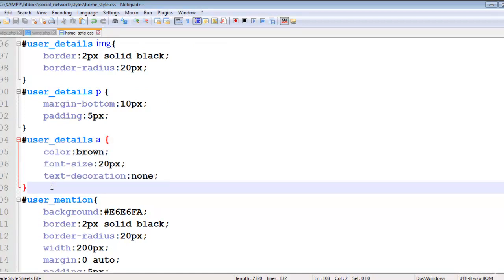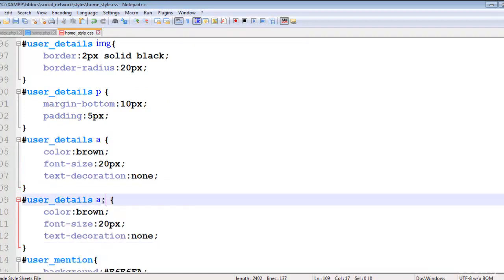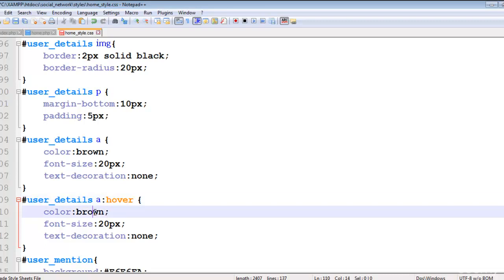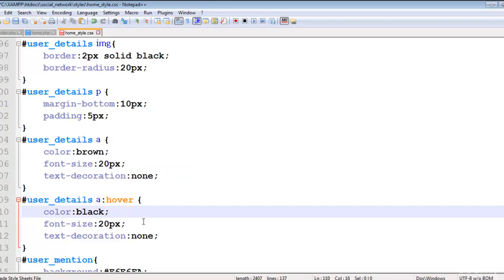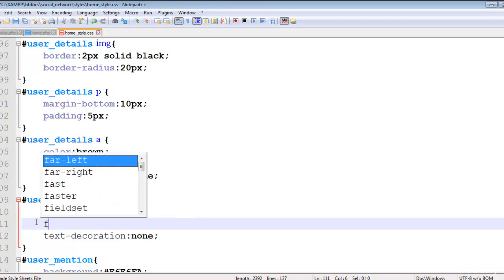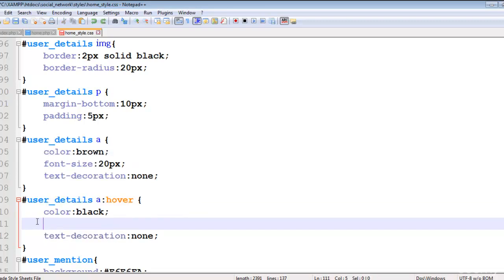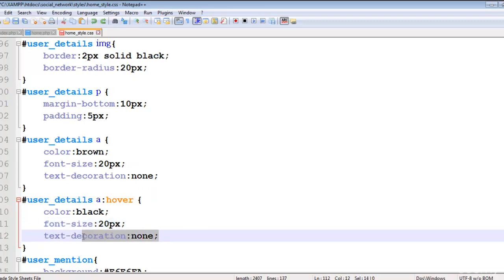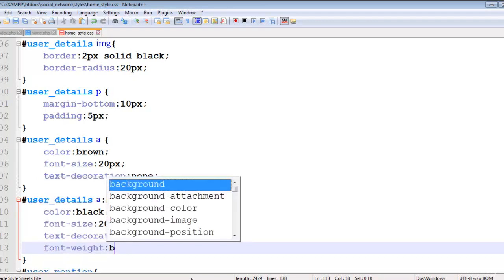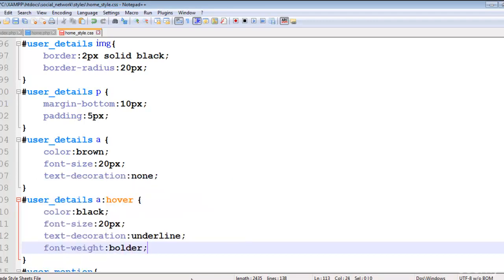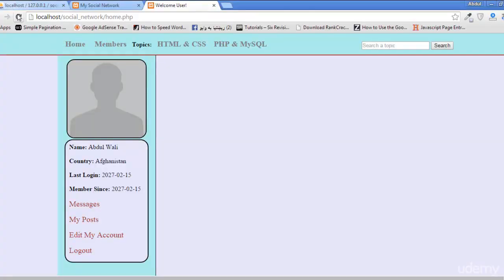copy this whole thing, paste it here in user details hover. Color will be then black, okay. Font size will be the same, and it will be text decoration underline when someone hovers over this link basically, and font weight will be bolder. That's it. Control S to save, refresh again, and now you can see here when you mouse over here,